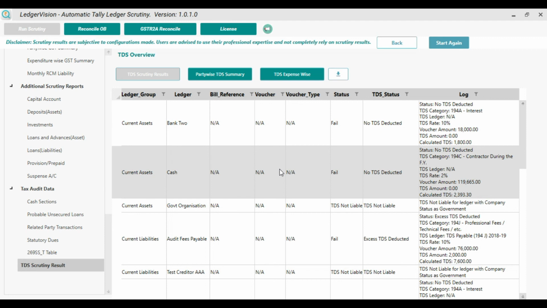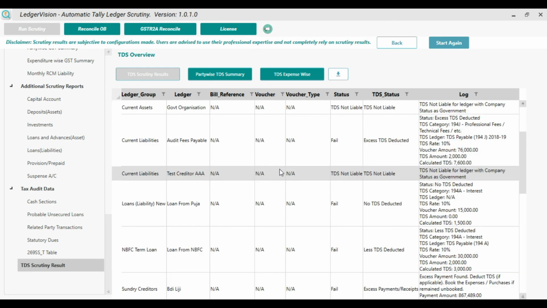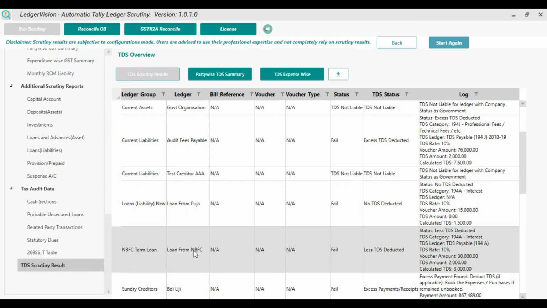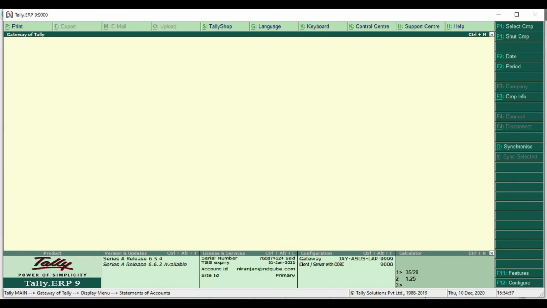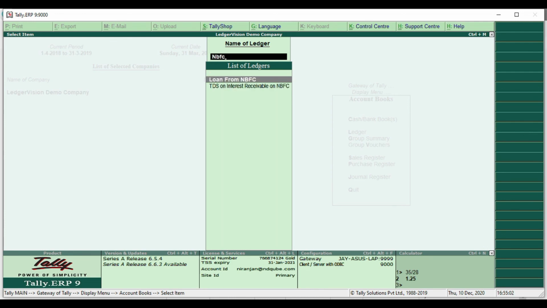Then provision and prepaid entries are there. Loans and advances entries are there. Interest paid to NBFC is also there. So these are the details from where it captures. You can see loan from NBFC. I will just explain how this works. If you can see, this is the voucher amount, actual TDS and calculated TDS. If you go to Tally and find out the details like NBFC,